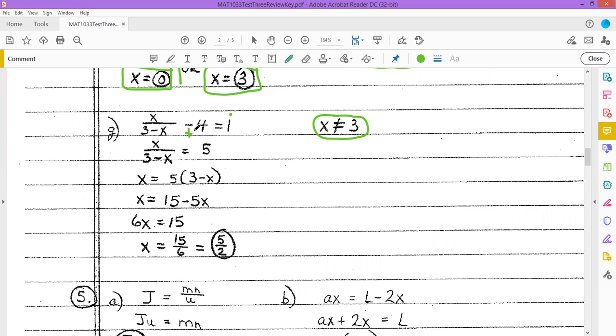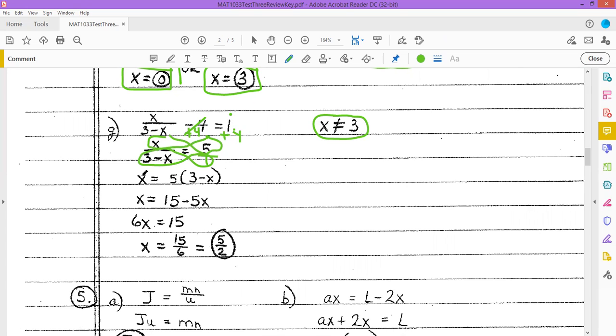So we're going to add this 4 to both sides of the equation. And when we do that, the 4's will cancel on the left. On the right side, we have 1 plus 4, that'll give us 5. We'll write 5 as a fraction by putting it over 1 and then cross multiply. So we have